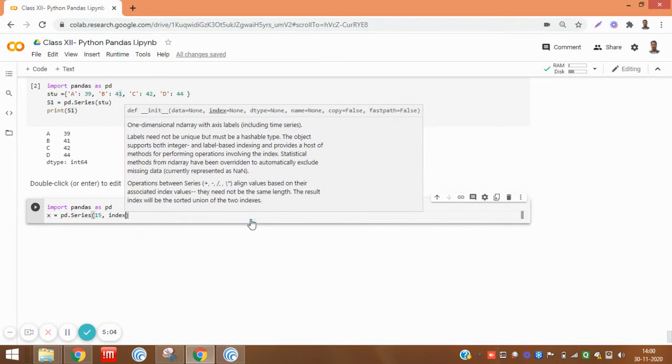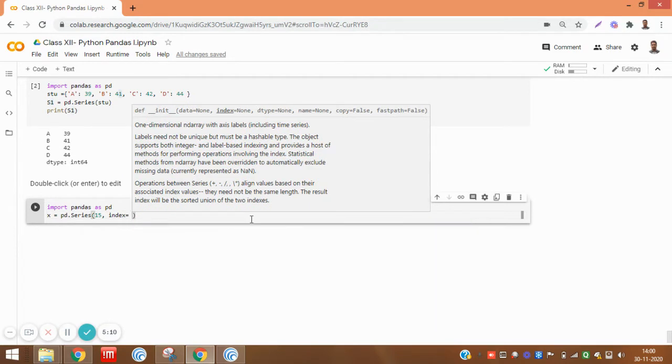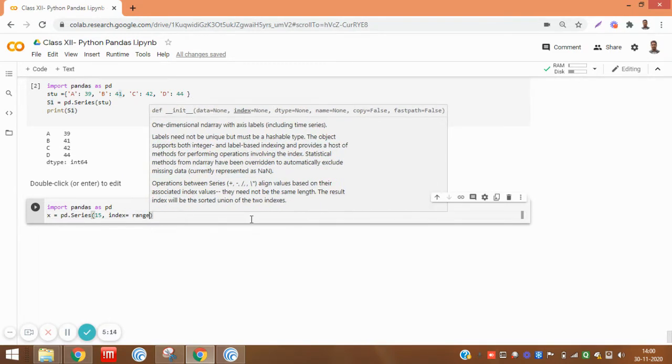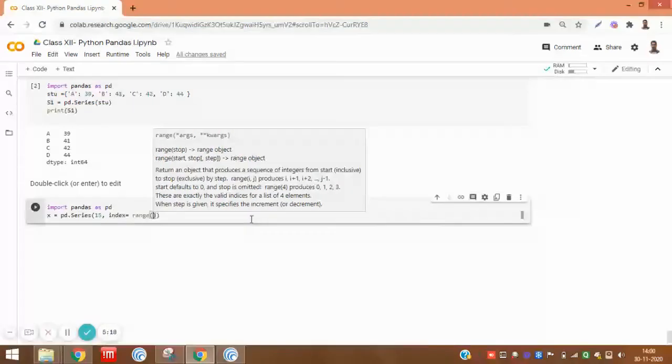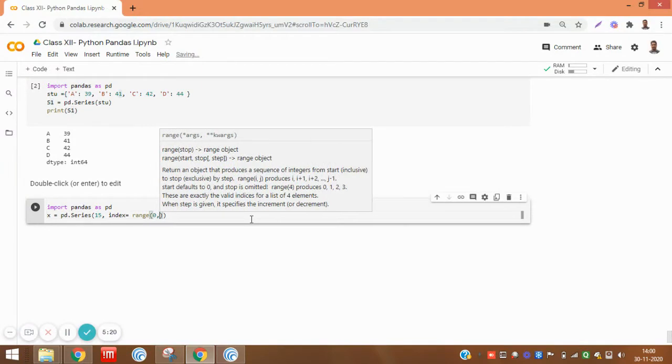We give index equal to range(0, 1). It means the index will be 0, because in range the stop value is exclusive, less than 1.